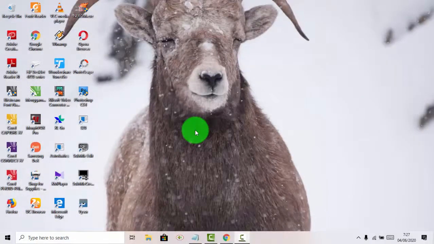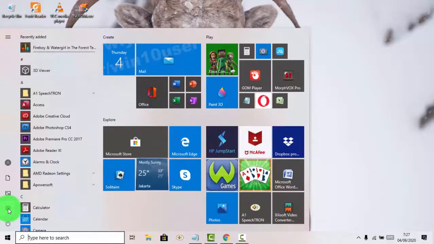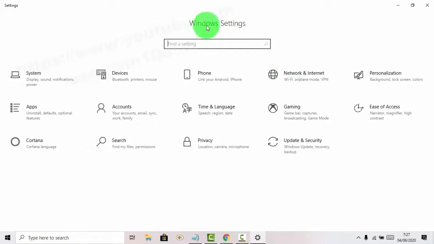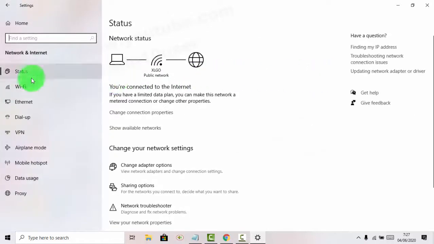To show Wi-Fi data usage in Windows 10 Home, open Settings. Click or tap the Start menu icon, and then click or tap the Settings icon. On Windows Settings, select Network and Internet, and then on Status, Network Status, select